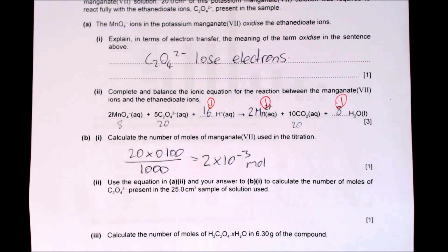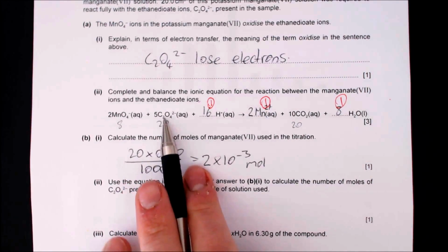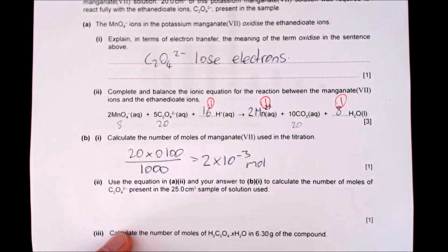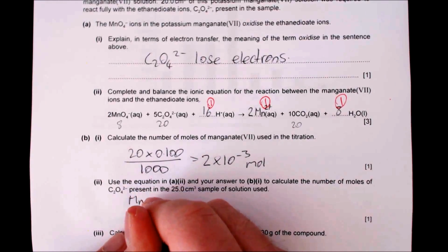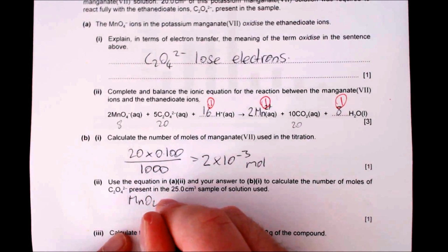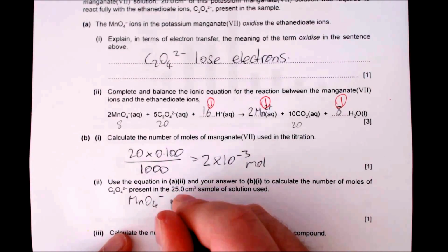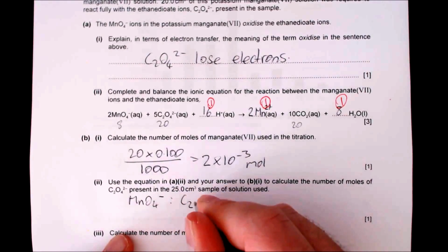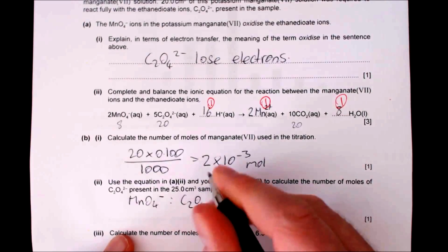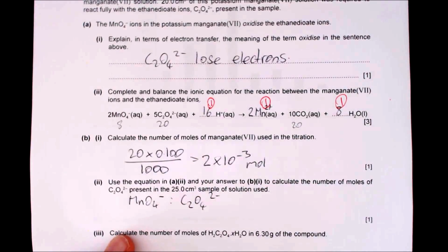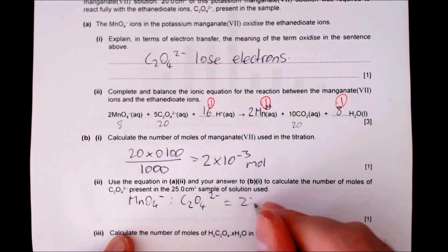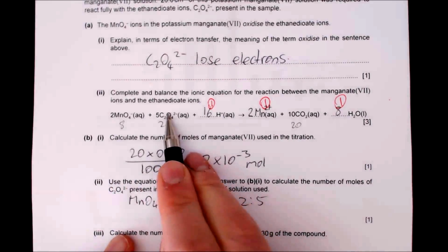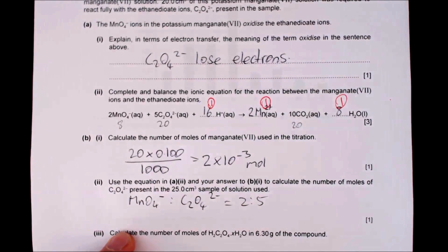Right. Okay, so what we need to do is use the molar ratio in this equation here. And what we can see from that is the amount of manganate ions, MnO4-, to C2O4 2-, the ethanedioate ions, is in a ratio of 2 to 5. Okay, there you go. And then obviously we need to work out the